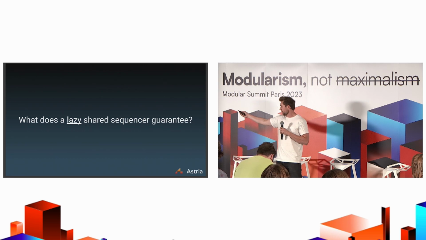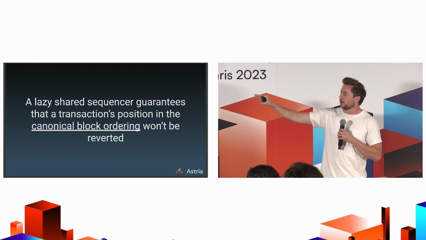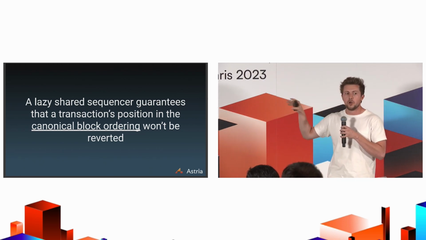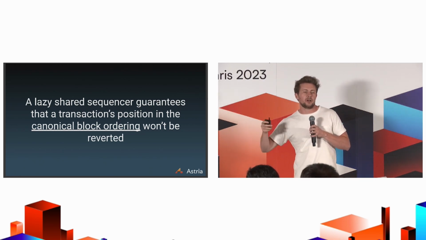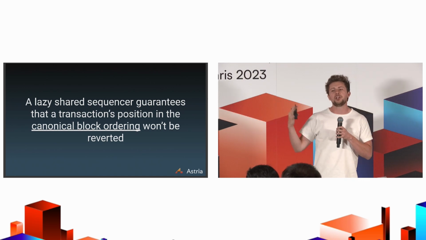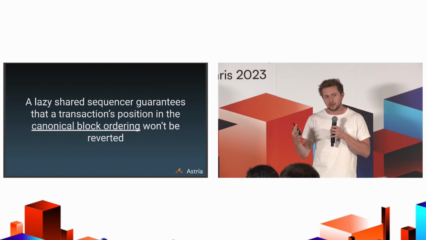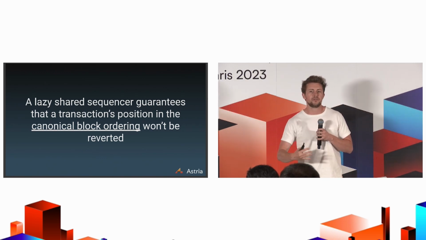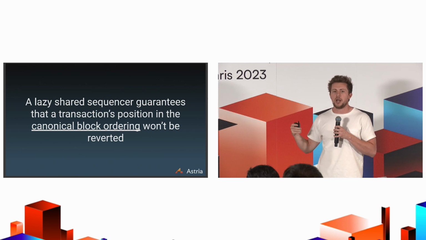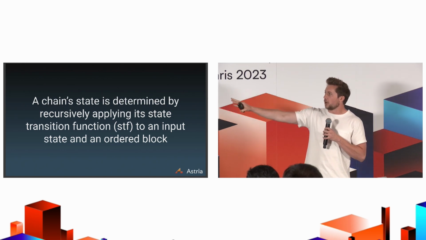But then going back, if we're not doing the execution, what is a lazy shared sequencer actually guaranteeing to our end users? We're going to argue that a lazy shared sequencer guarantees that a transaction's position in the canonical block ordering won't be reverted. Specifically, this is a weaker guarantee than saying the resultant state root of your rollup is X. If you're familiar with the Tendermint and Cosmos space, there's a distinction between Tendermint giving you a block hash and Cosmos giving you a state root, right? We are talking about a block hash. You're giving a commitment of the ordering of a given block, but not a state root of a post-state machine execution, right? And so we argue again,